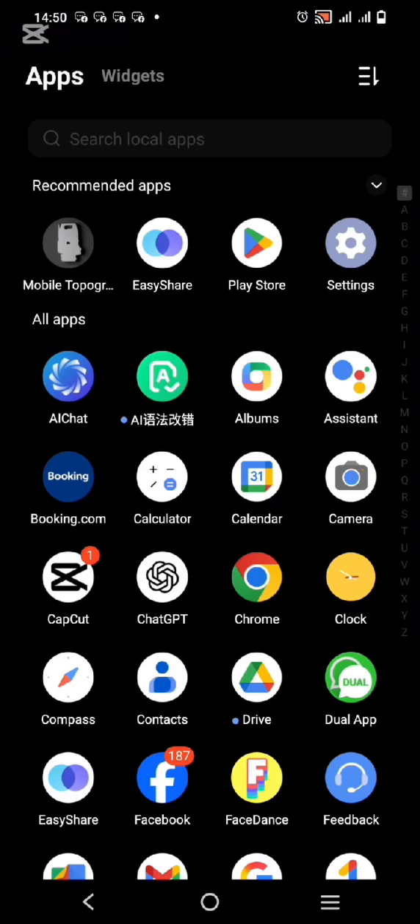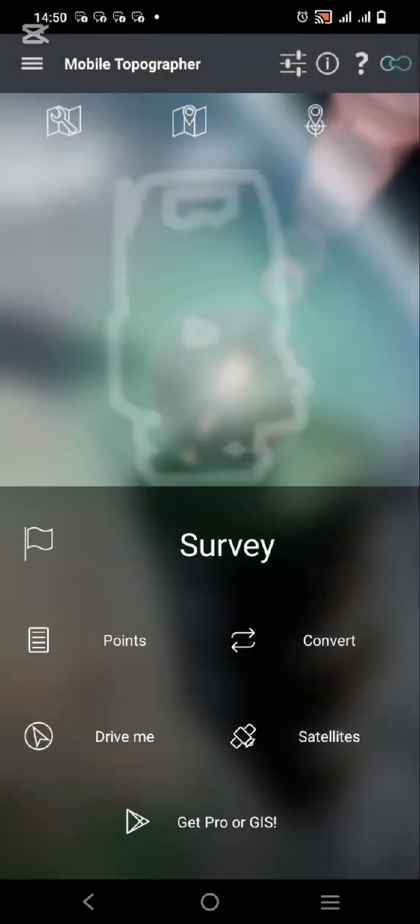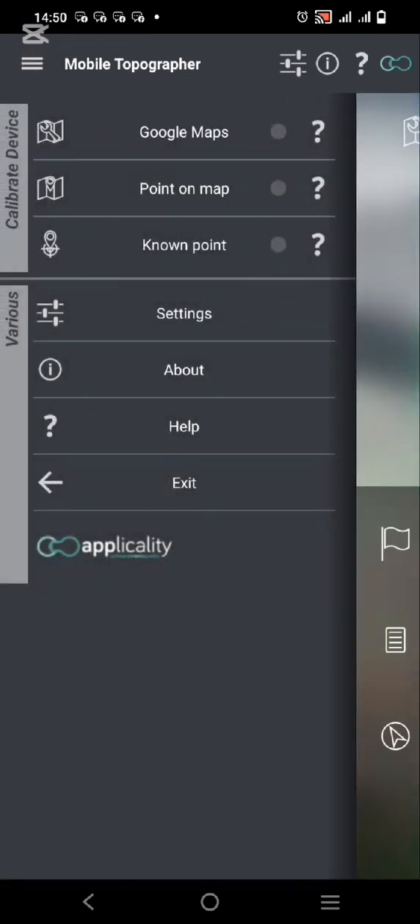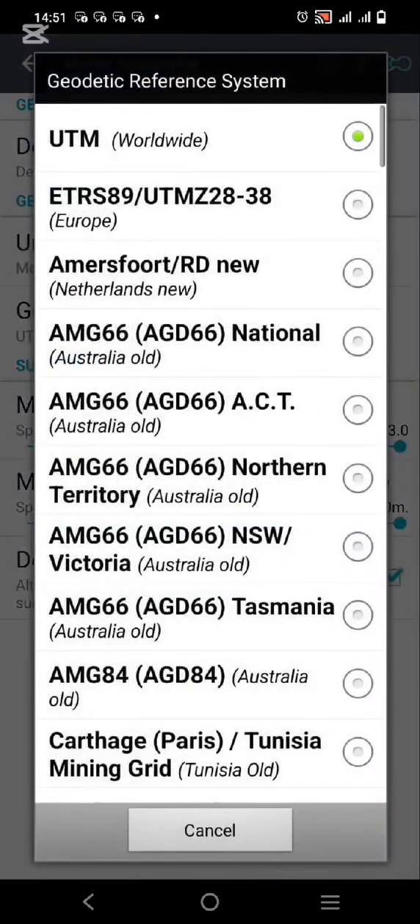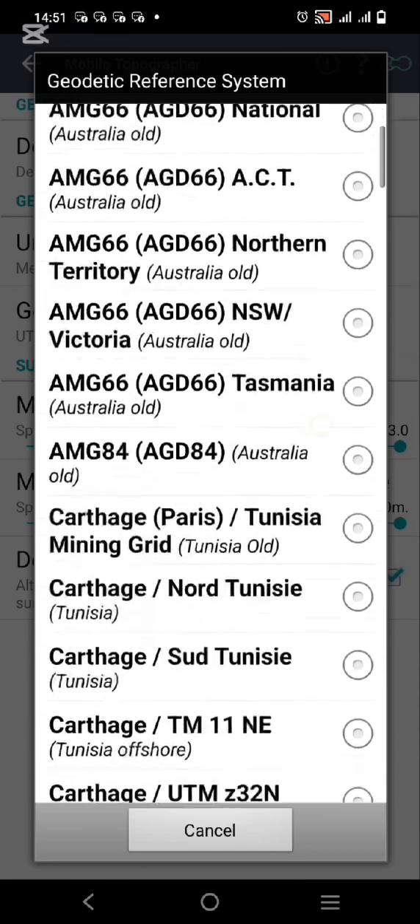So immediately you get this topography, you just click on it. When you click on it, just allow it, then you go to this three dot and go to setting. When you go to setting, you go to this geodetic reference system. You click on this and you find